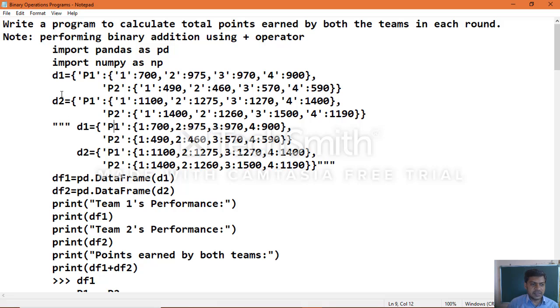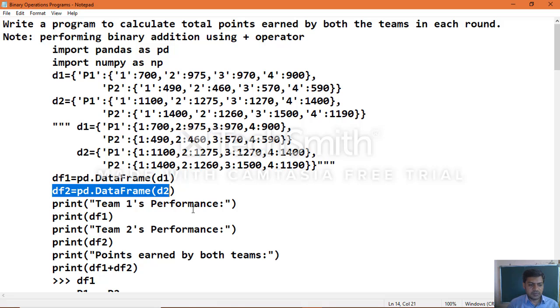Now once you created the dictionaries, then create the data frame object. So data frame object 1 equal to pd.DataFrame of d1. d1 is the dictionary object which we created, team p1. Same way data frame object 2 equal to pd.DataFrame of d2. Dictionary d2 object which we are passing here as an argument to data frame object 2.